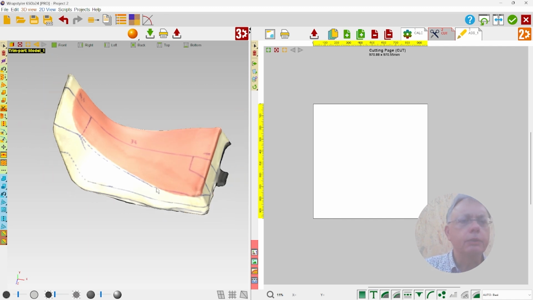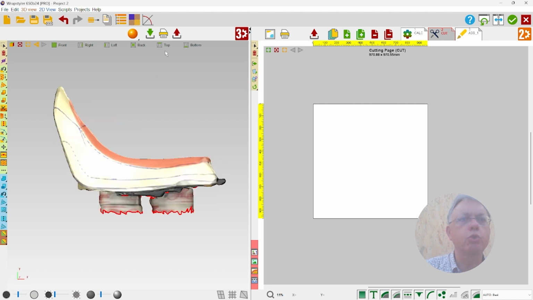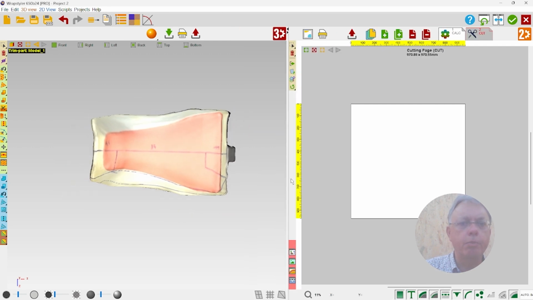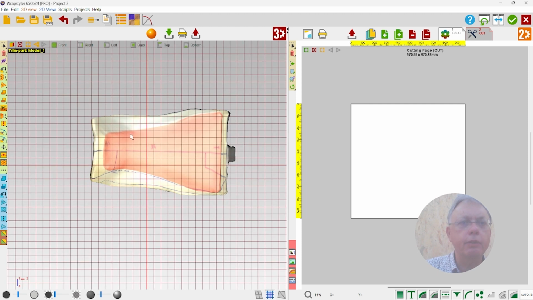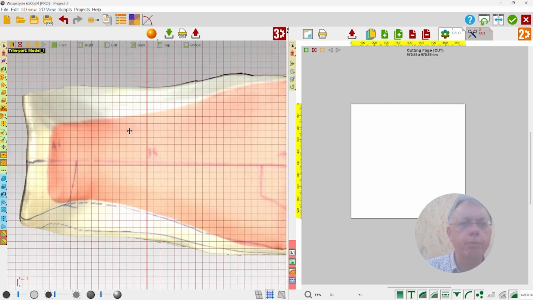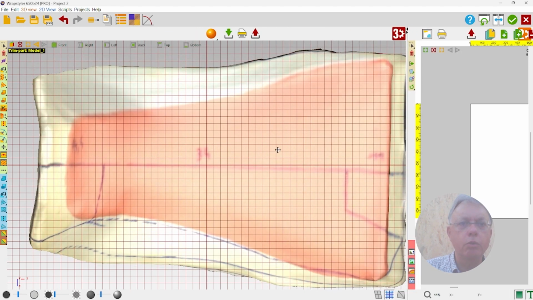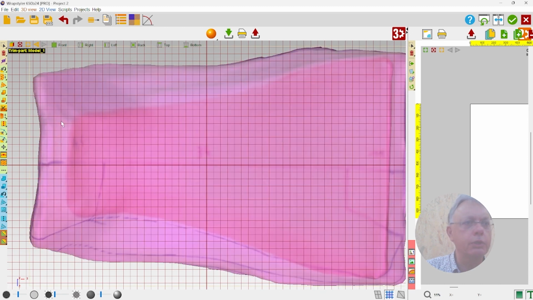So to work with Wrapstyler for this kind of object, it is very interesting to try to create symmetrical objects, and we are only going to work for the seams on half of the seat. That will be easier to create symmetrical seams. Let's check that it's perfectly aligned. If not, there is a special tool to let you align the seat better.